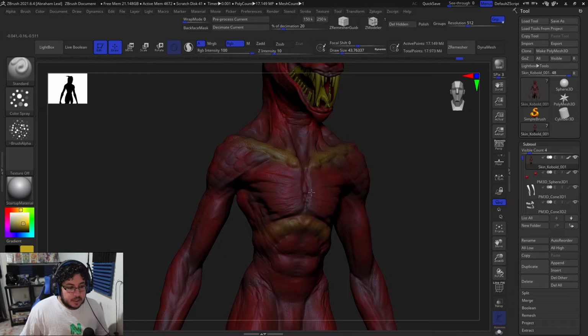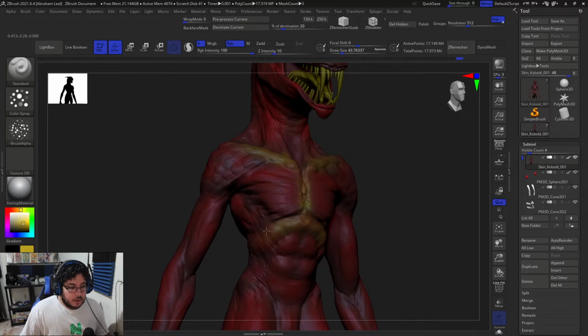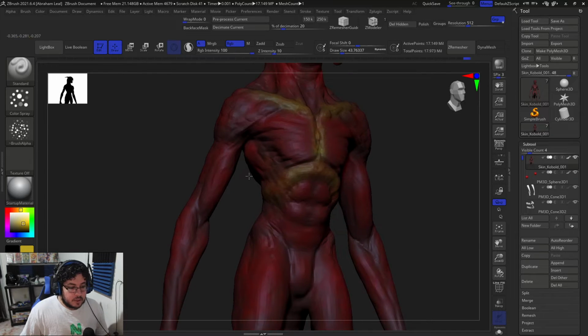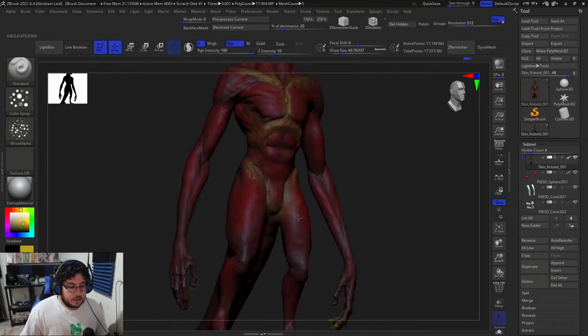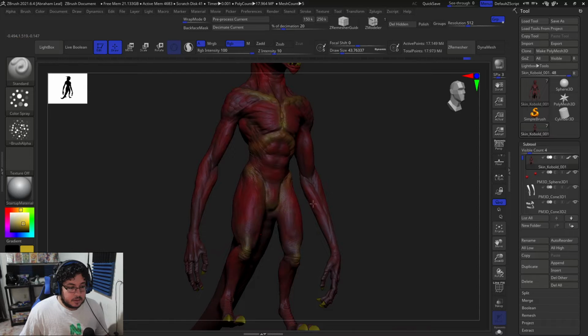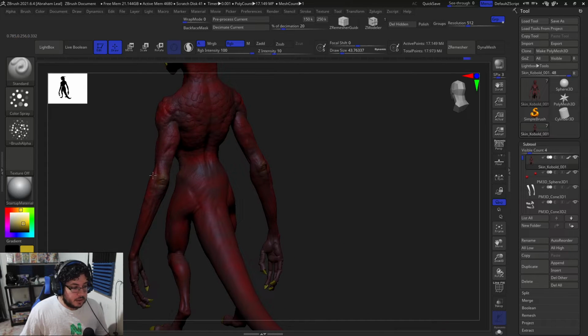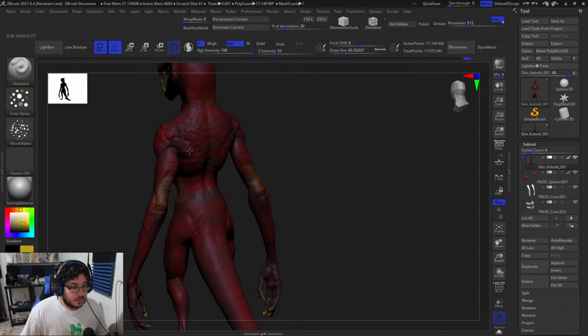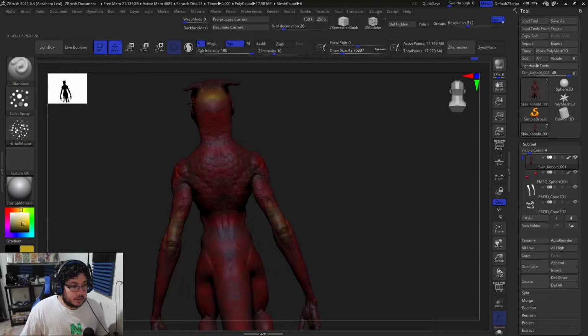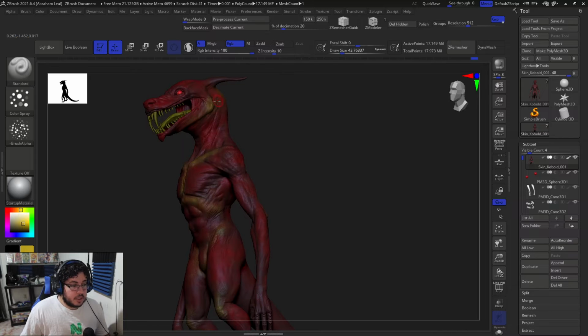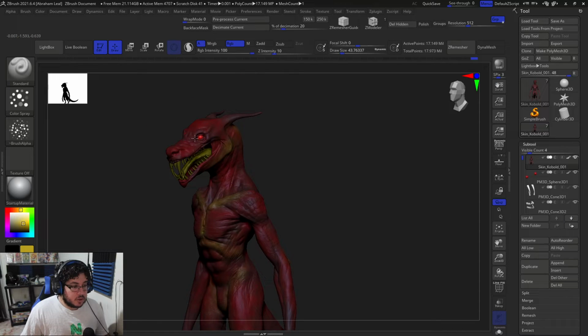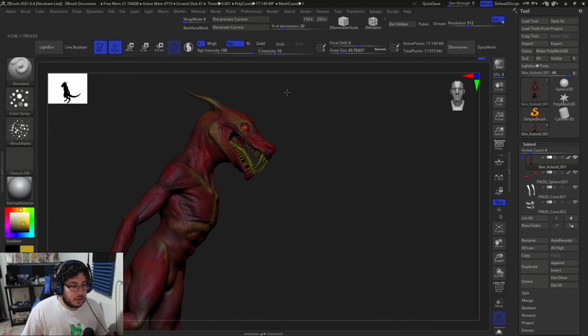So for instance, the rib cage right here, the sternum, a little bit of the ribs here, rib cage border there, the pelvis, a little bit of the genitals, the knees, the elbows back here, the tendon of the tricep, for instance, all the skeleton here, all the skull, the jaw. And as you can see, I'm also not pushing this color super intense. Here, the zygomatic arch, the horns, or the little horn ears thingies,